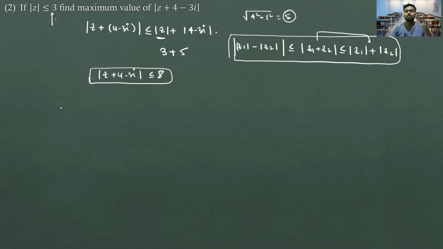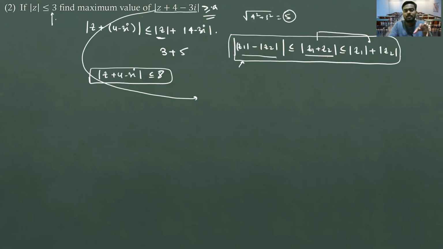Now there is another way by which you can approach this question. Suppose they ask you for the minimum value. If they ask for the minimum value, can you get it? Yes, the restriction is there, you can get it. For that I will use this inequality, because minimum value means it should be something like this. And here it is basically the same as before, and this will be something a. So here we will get the same thing.